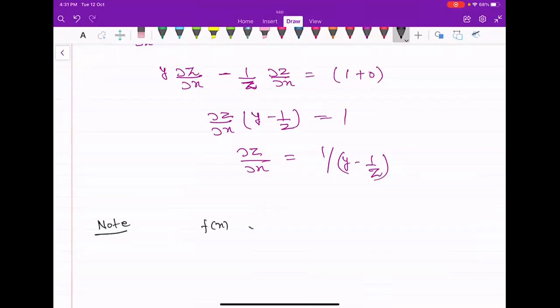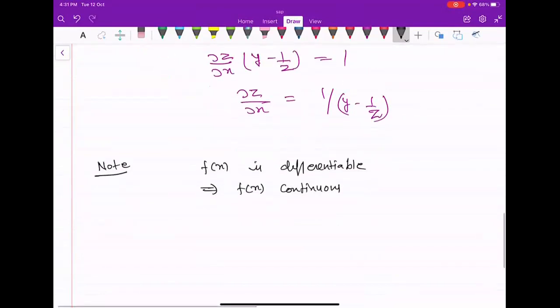If we are saying f(x) is differentiable, what does it imply? That f(x) is continuous. But it is not the case when we are talking about partial differentiation. So this is the important thing that I'm going to write. A function f(x,y)